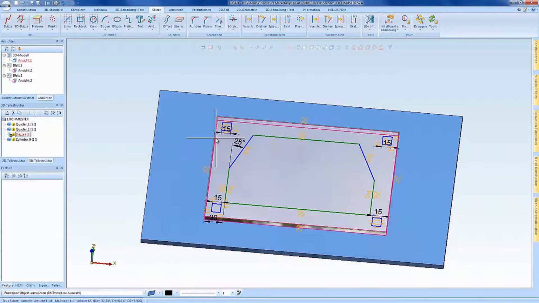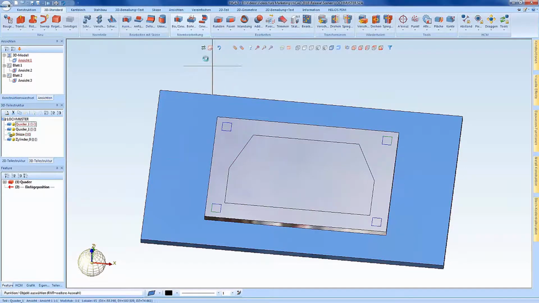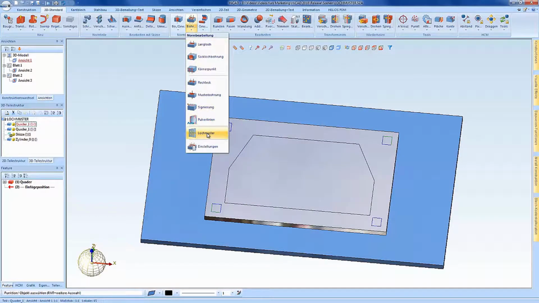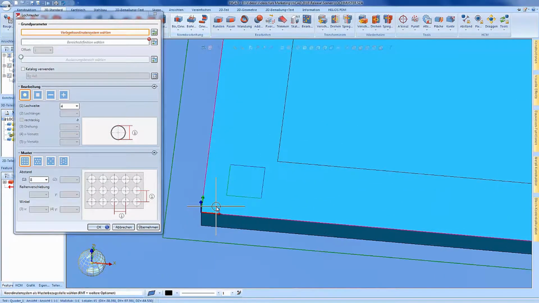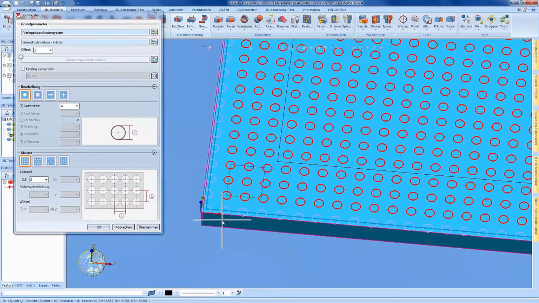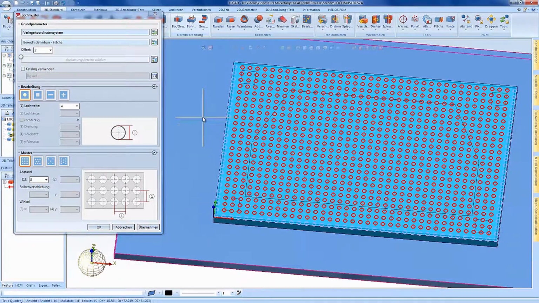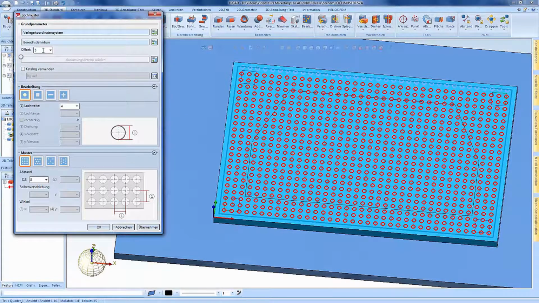Okay, so much for the subject of HCM and sketch. Now I want to come back to the hole pattern. Namely, here I want to apply a pattern coordinate system for this plate, which is located here. I indicate the area, and apart from the other settings which are here, for example applying the offset to 5